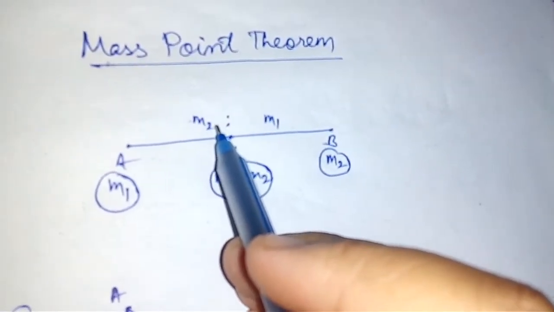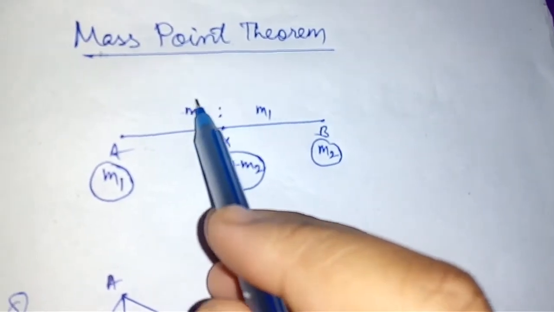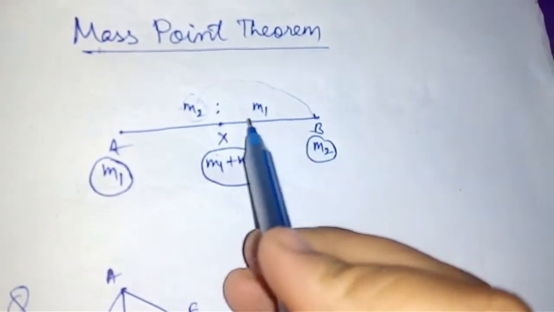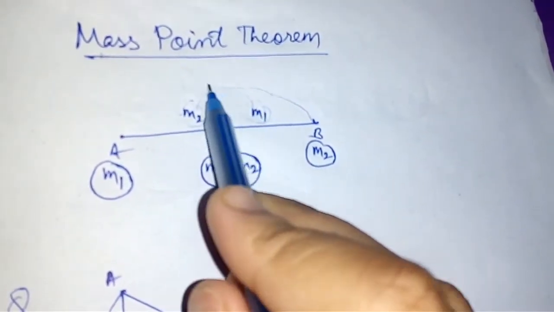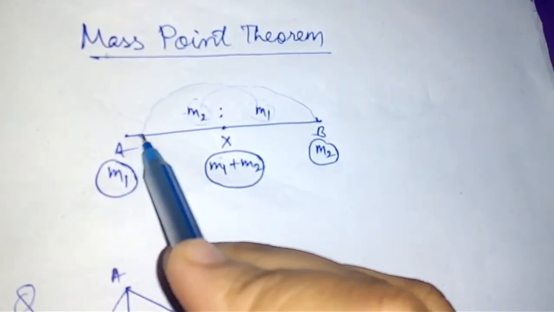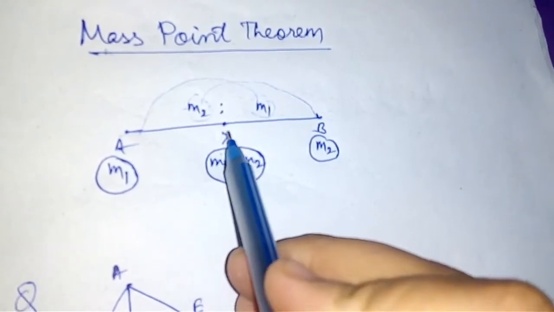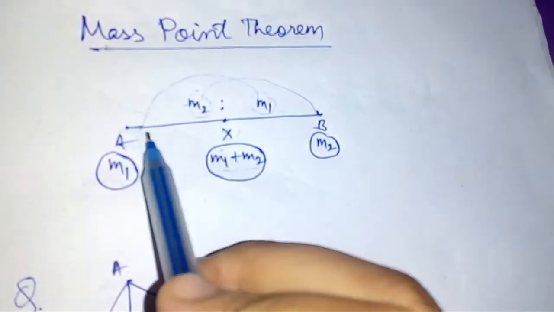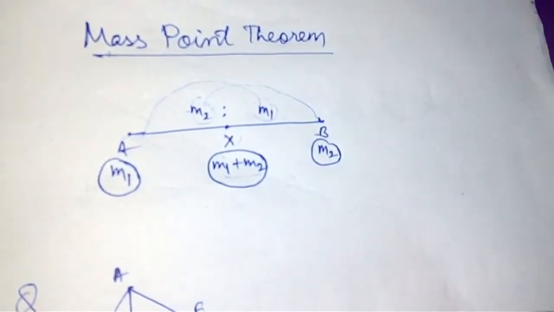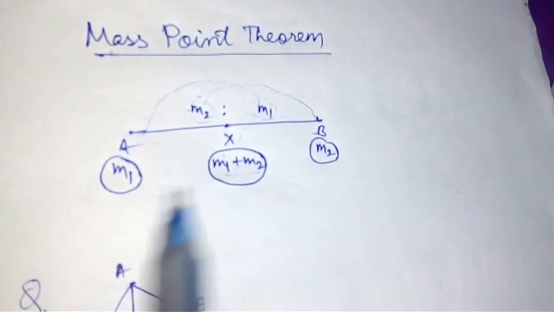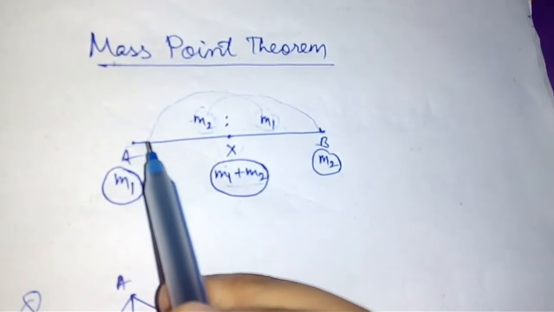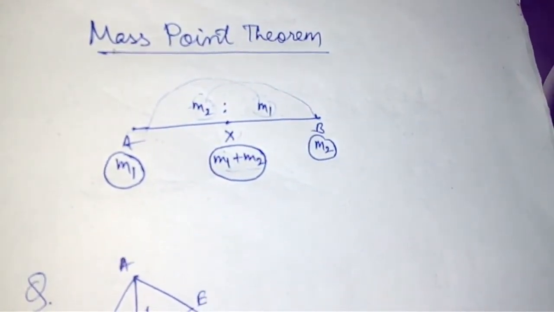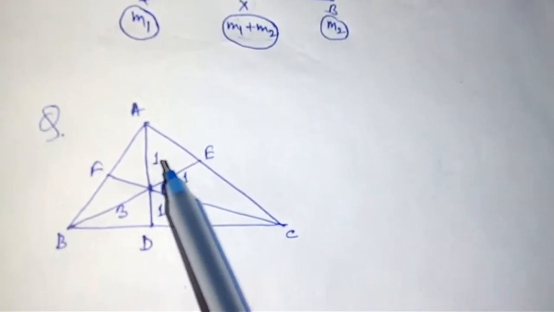What I will do is that I will assume the weights. If here it is M2, then I will assume that the weight of this point is M2, and if here it is M1, then I will assume that the weight of this point is M1, and I will assume that the weight of this middle point is M1 plus M2. Now the weights of a point, once it is defined, cannot be changed, so I have to adjust the weights accordingly, and after adjusting the weights I can simply cross over the weights to find the length ratio. Now let me solve this question.